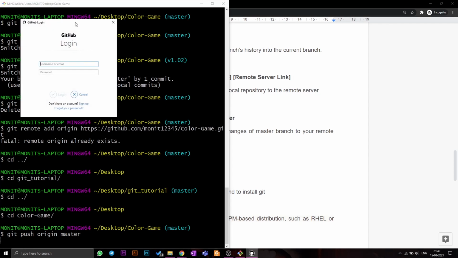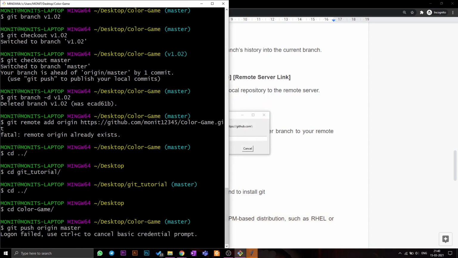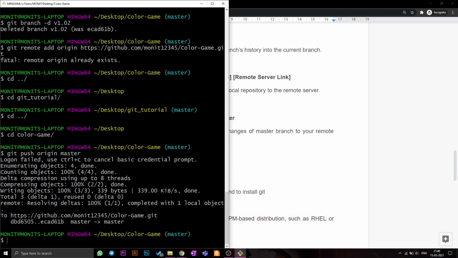Okay, it's gonna ask for my username and password. So you basically add in your login ID and password to GitHub, and then it pushes it. Counting objects, so there were 4 objects to be pushed, and it pushed all the objects.